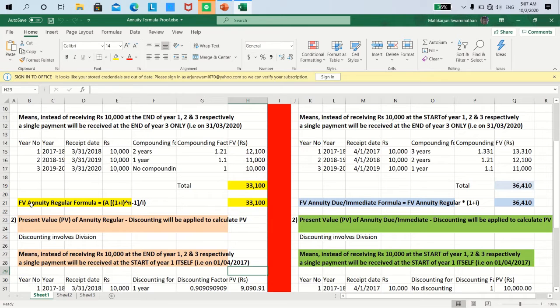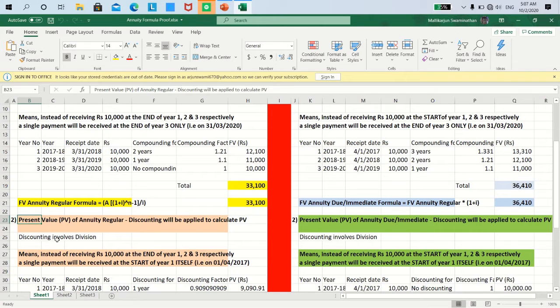That's the benefit of using the formula, and hence I just wanted to explain that particular concept to you virtually through an Excel sheet. Now, in fact, there is no effort required on the part of the student to remember this formula, as you already know the GP series, a finite series formula in terms of summation. Now moving on from here to the present value of annuity regular, starting from row 23 highlighted in pink color.